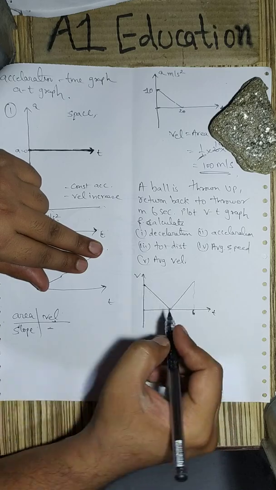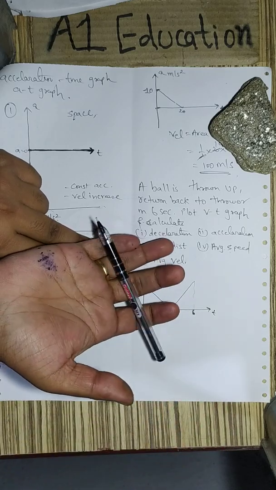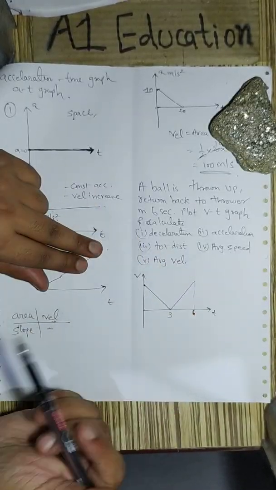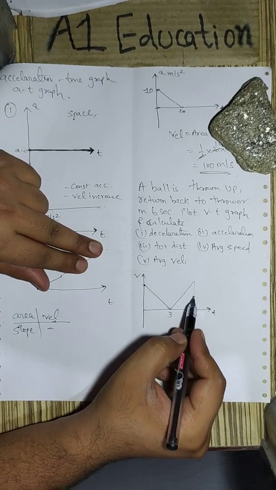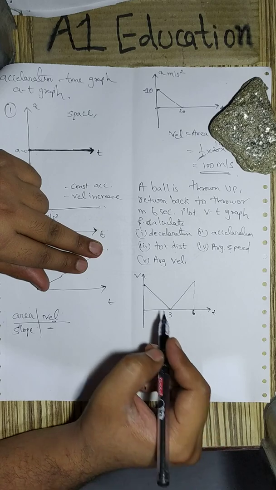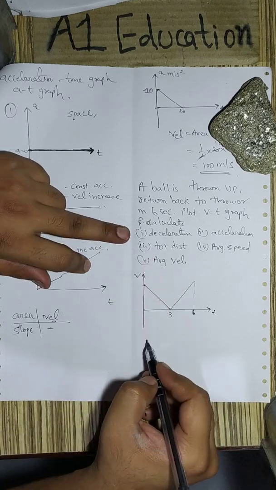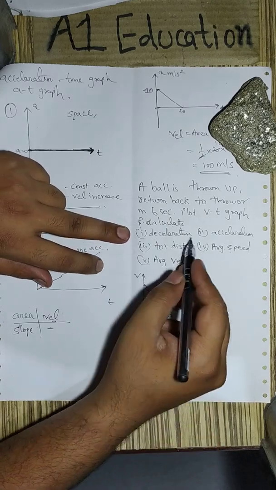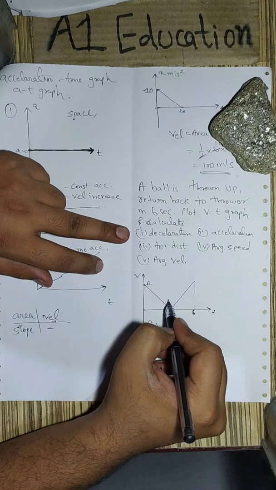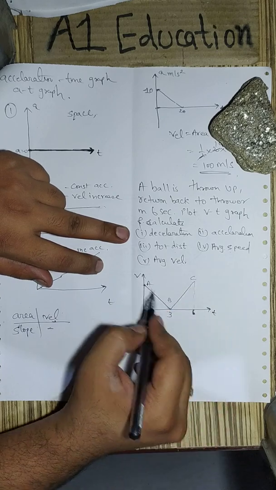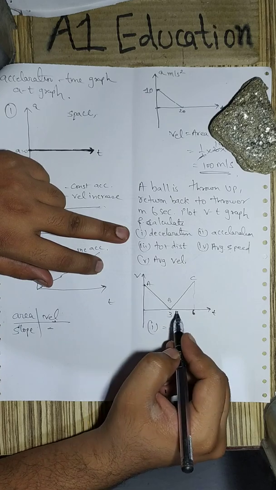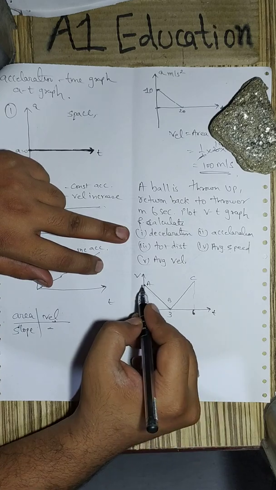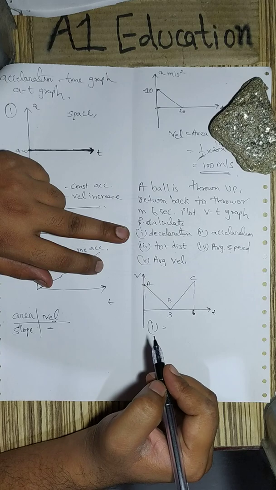It is a rule that whatever time is taken to go up, the same time will be taken to come down. So by that fact, it will take 3 seconds to go up and another 3 seconds to come down. Now we calculate the first thing required, deceleration. If we name the points A, B and C, deceleration is in the part AB. Deceleration is given by the slope of the VT graph, perpendicular upon base. This position we don't know, it is to be calculated.